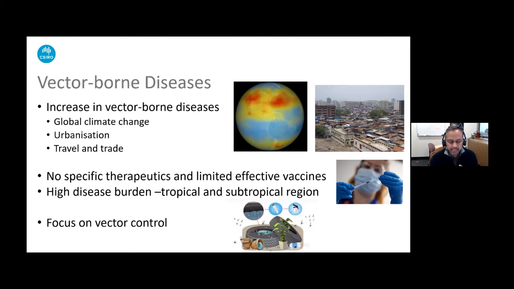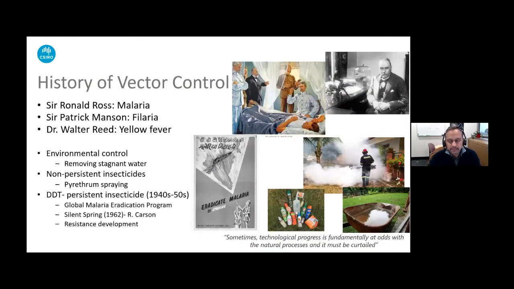So it produces a really high burden on public health worldwide, and it's really focused in these tropical and subtropical regions. So the focus for public health is really on vector control, how we can reduce the population of vectors like mosquitoes in this case. Now there is a long history of vector control, starting from